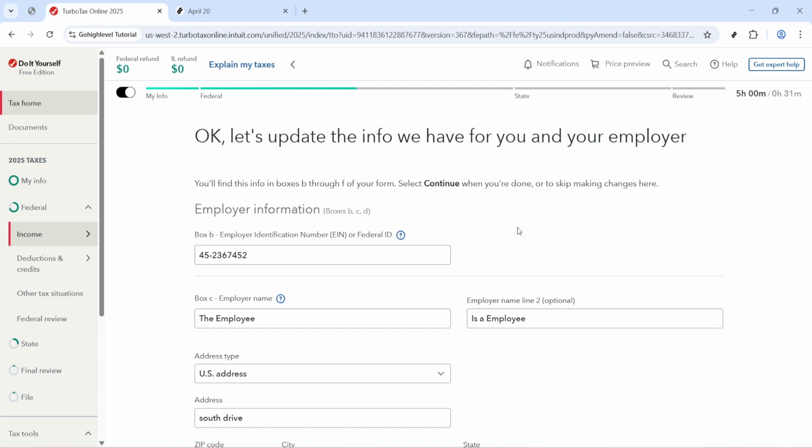Common causes of the mismatch include a transposed pair of numbers, an extra space, leaving out a digit, or copying an EIN from a different W-2 for the same payroll provider. Make sure you're not entering letters. EINs are numbers only, so watch for zeros mistaken as the letter O. If you imported your W-2 from a photo or a payroll connection, double check that the import didn't misread a